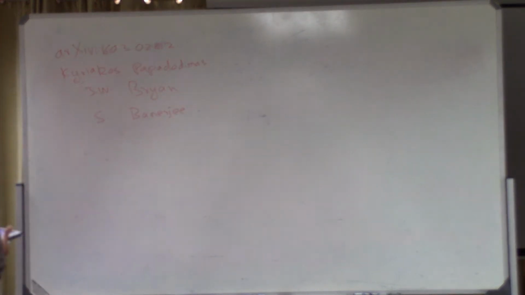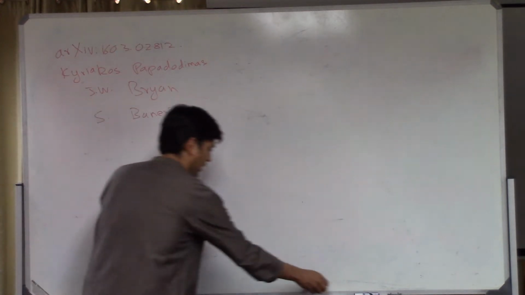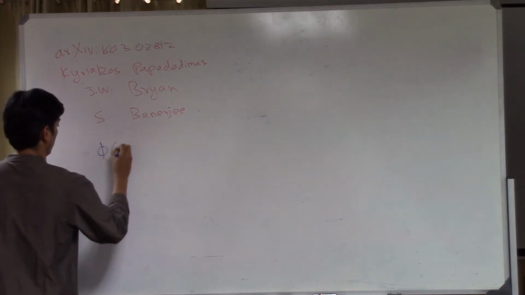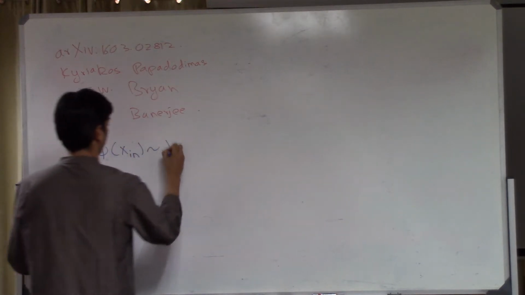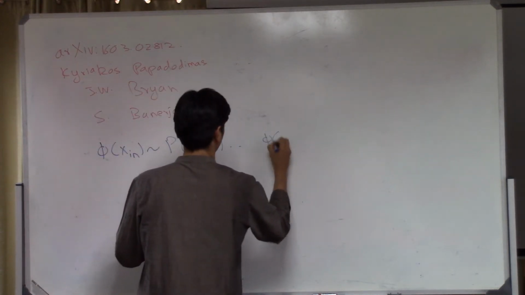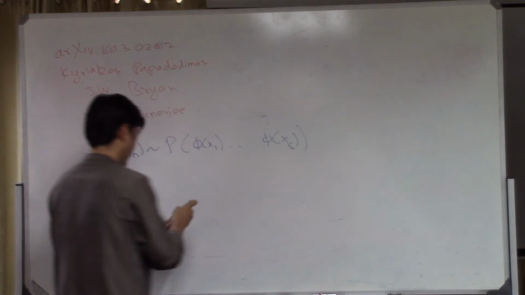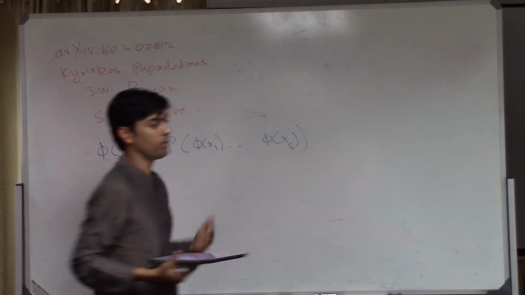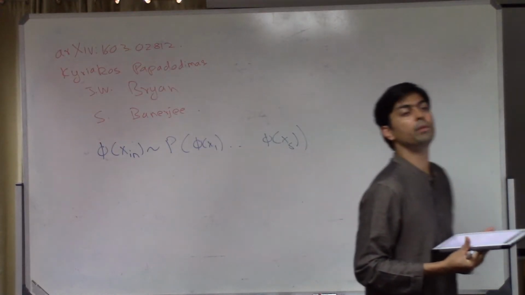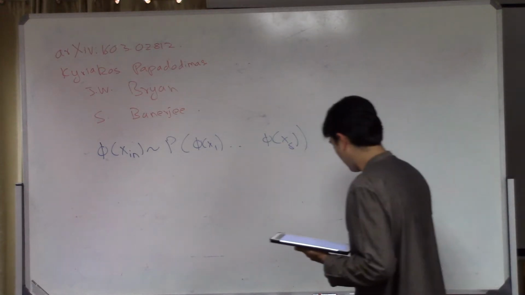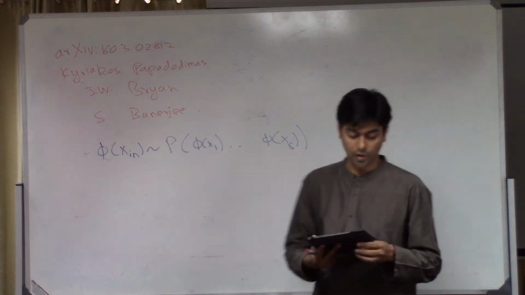Okay, so remember that at the end of the last lecture, I wrote down this relation that said that phi of x in is related to p of. And so the idea was that somehow a local degree of freedom, a field operator inside the black hole, should be identified with a very complicated polynomial of field operators outside the black hole. And now I'm going to try and make this precise so that we can turn this into an equality.